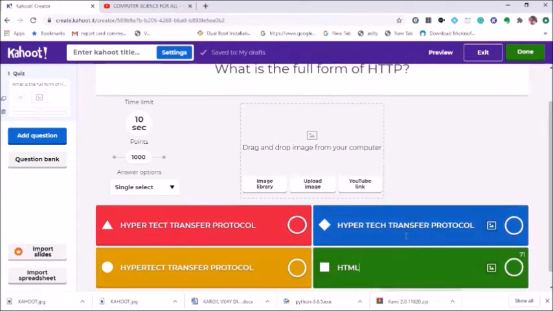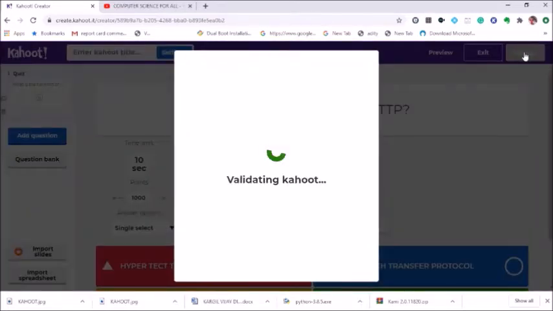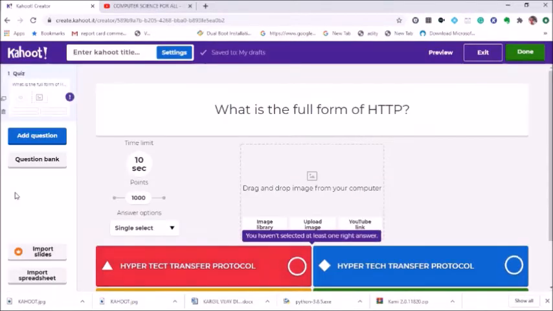Okay. So here I have given 4 options, and then I click on done button if I am done with creating the Kahoot, or I want to edit it. So I want to add another question.